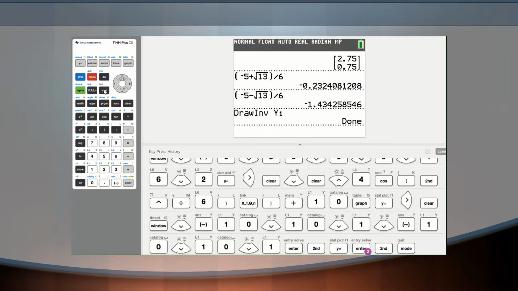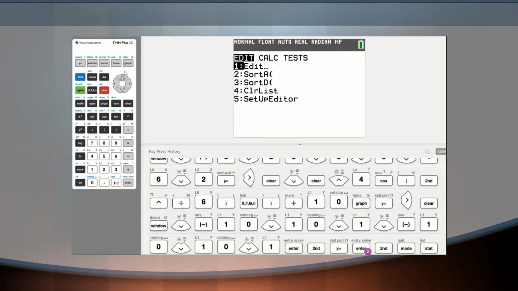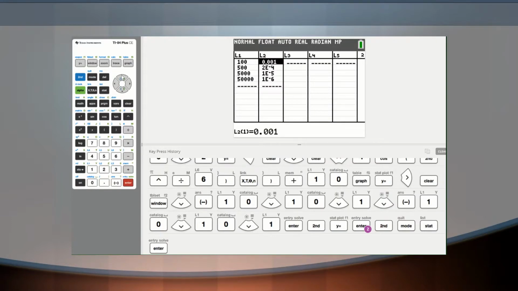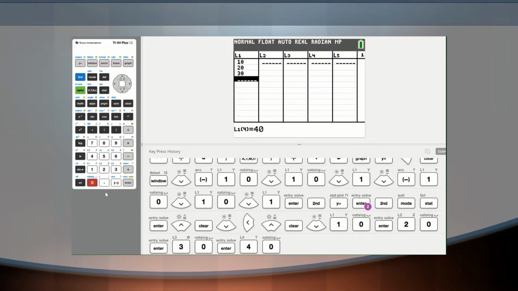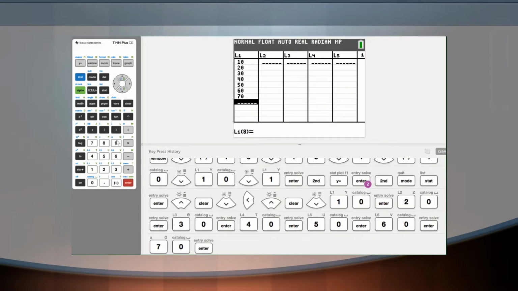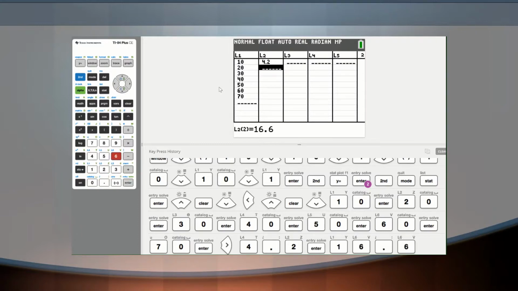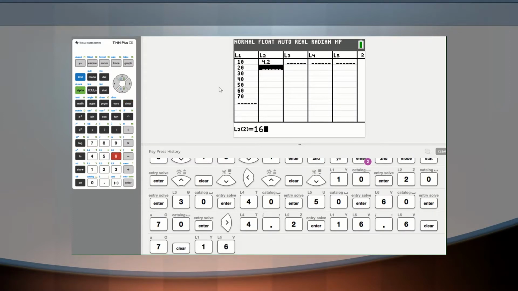And now let's go in and enter our data for a scatter plot. So I hit stat. We're going to edit. I'm going to clear out what I got here. And clear. And arrow down. All right, so our speeds were 10, 20, 30, 40, 50, 60, 70, and then our distances were 4.2, 16.7,